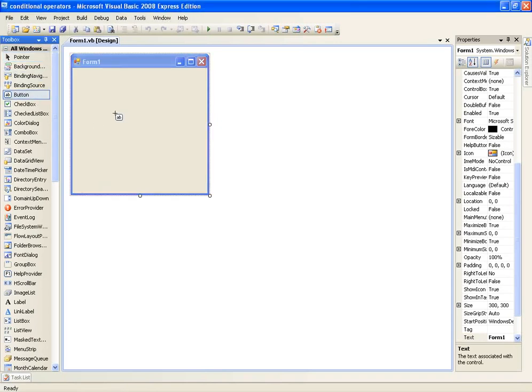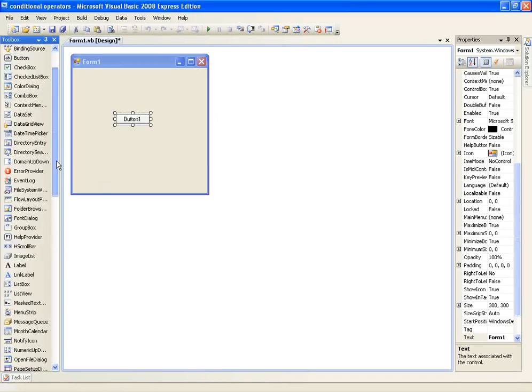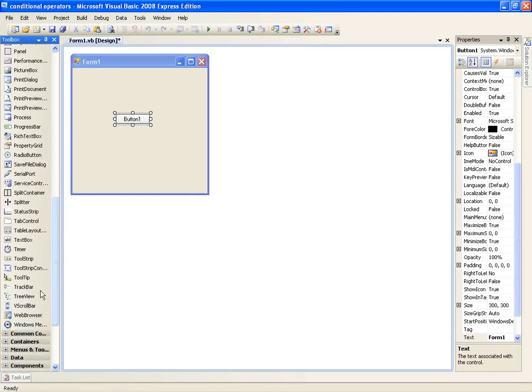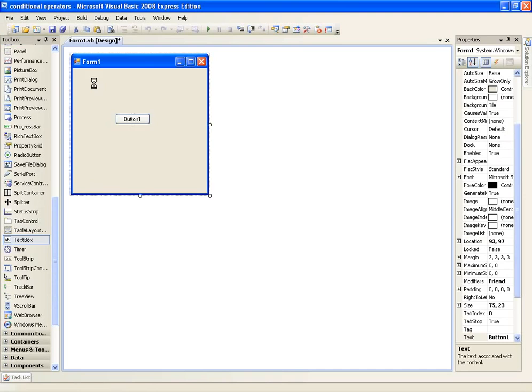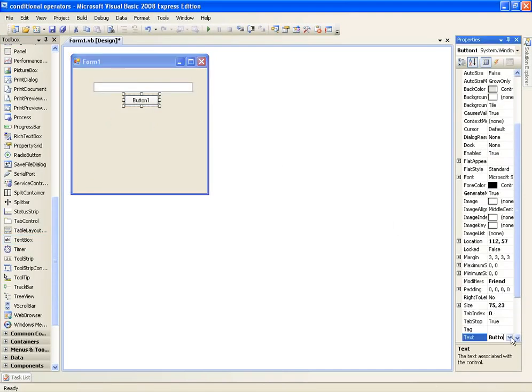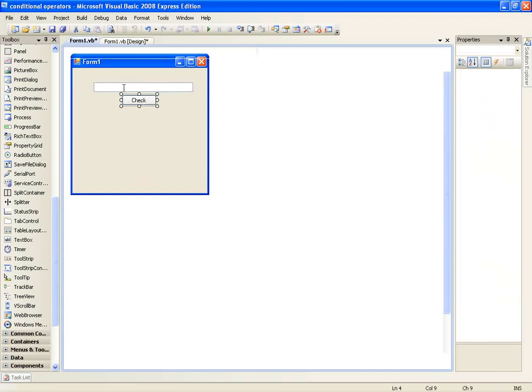So let me give you an example. First we'll have a button and a text box. Just create that pretty quickly. Make the text on text 1 check. Okay, so the first conditional operator we're going to cover, I'm going to just show you first so